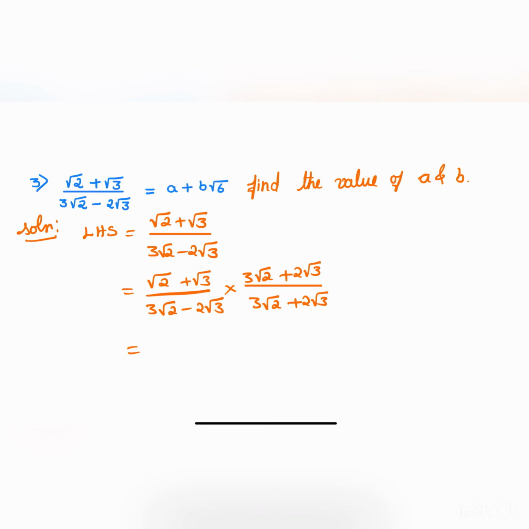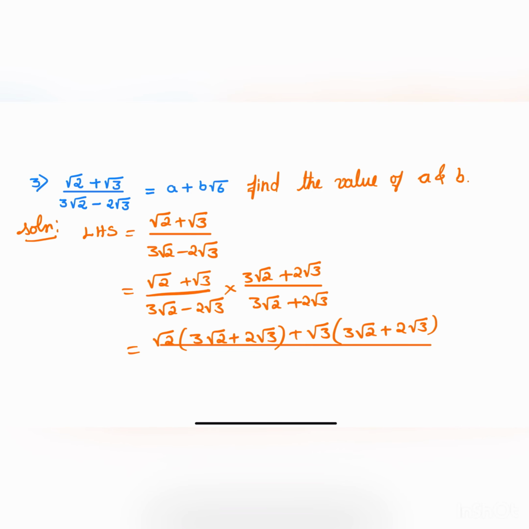Now let us multiply the numerator. Root 2 into 3 root 2 plus 2 root 3 plus root 3 into 3 root 2 plus 2 root 3 divided by,